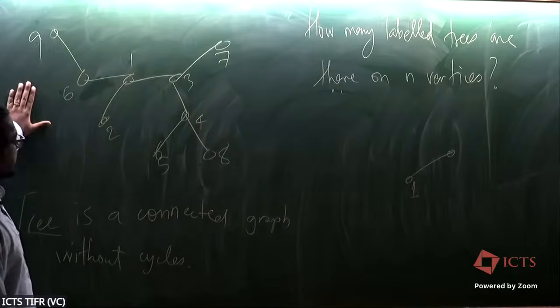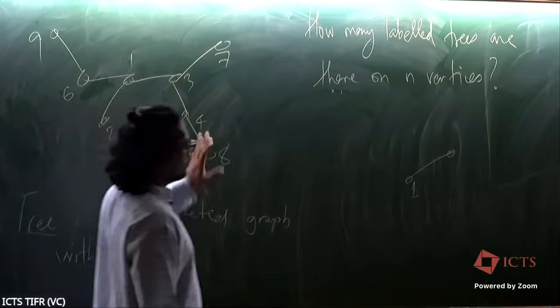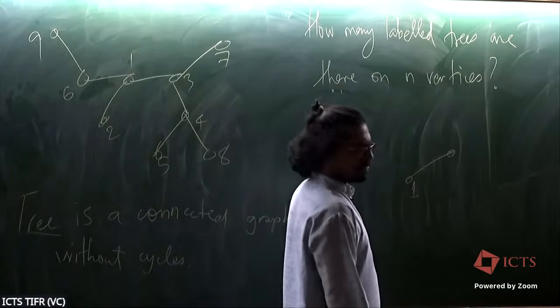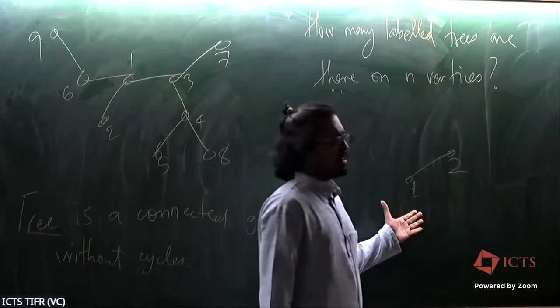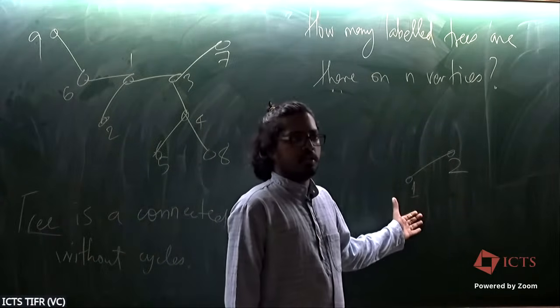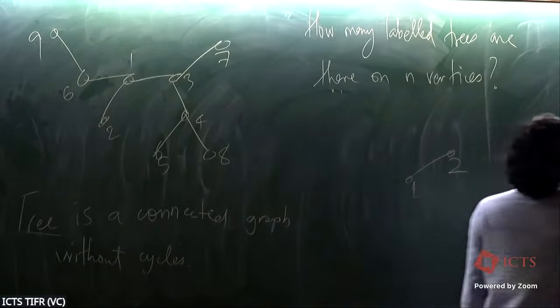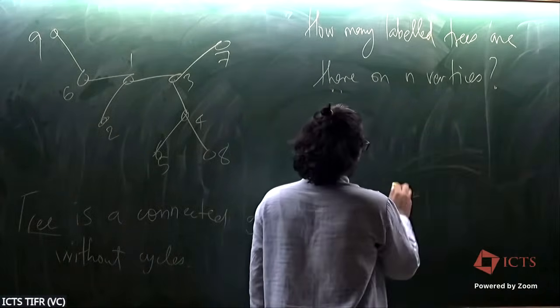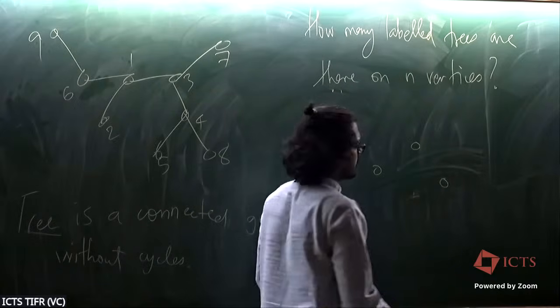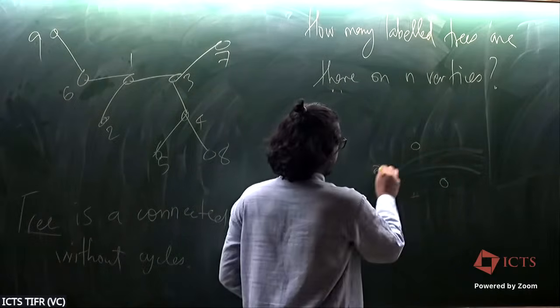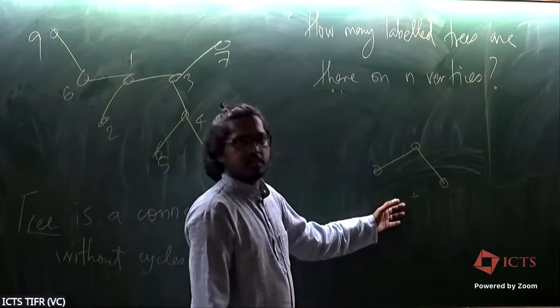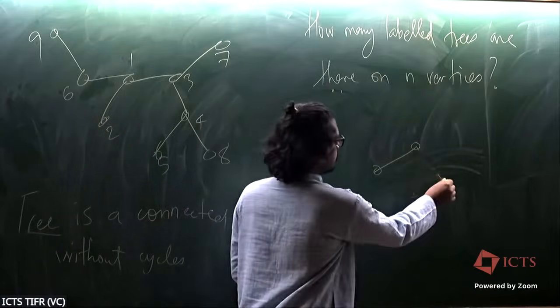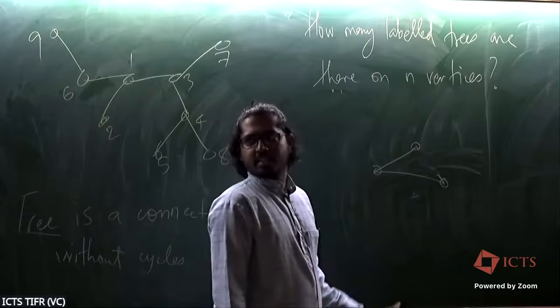Yeah, so you're thinking of objects that look like this, and you want to put labels on them. Okay, so there's only one possible labeled tree on two vertices. So you get one over here. What about three? You have three vertices. How many trees can you make like this? There's only one way really. This is the only way, right? If you want me to do this also, it is the same thing really. Correct?